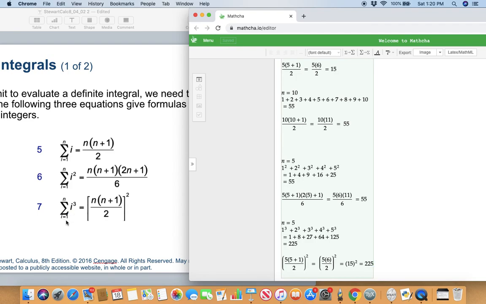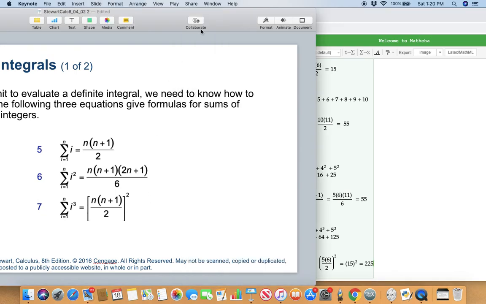Summation i cubed, i goes from 1 to n, is n times (n plus 1) by 2, the entire thing squared. Notice the similarity between the third one and the first one, right? But there is a square here. So i cubed, not i squared, mind you. i squared is a long formula. So memorize these 3 formulae, and we will need to use these in our next videos. Okay, until then,